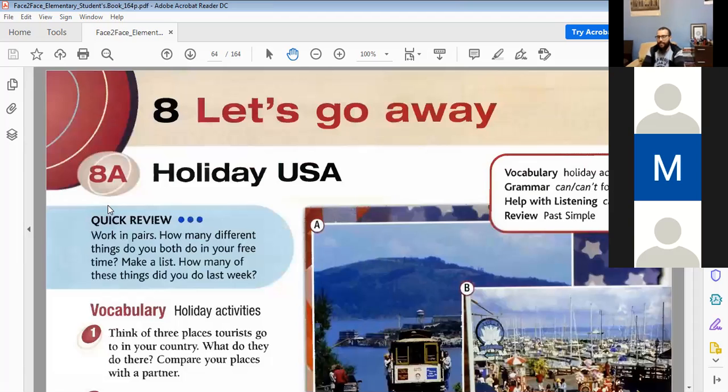And who can give me an example, the difference between using can and can't for ability and using can and can't for possibility? Can you give me an example for each one, Manal, or anyone else? Okay. I can. Okay. You can